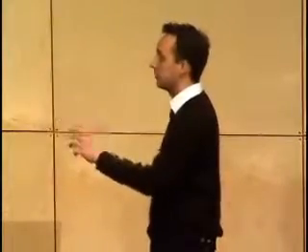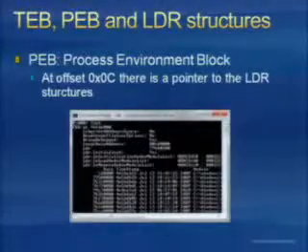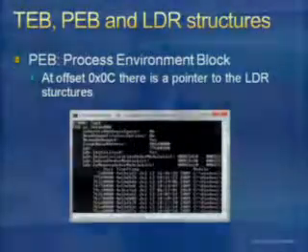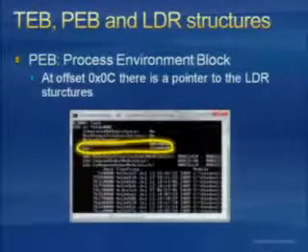The PEB is the process environment block. So the shellcode will go to that offset, grab the pointer to the PEB, and let's go to the PEB to see what it's going to get there. The interesting part of the PEB, the process environment block, is that it is a per process structure. It contains a lot of information on the process, environment variables, I don't know, so many things. And it also contains something called the LDR structure. As you can see here, basically the LDR is a